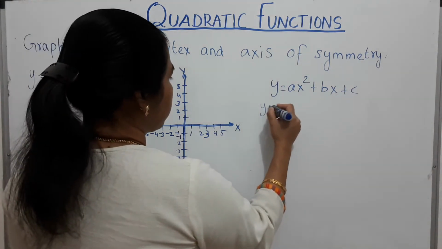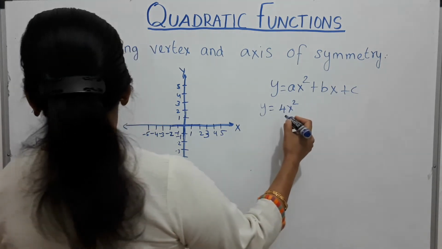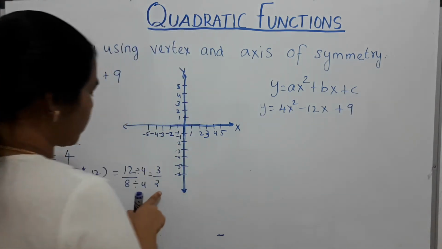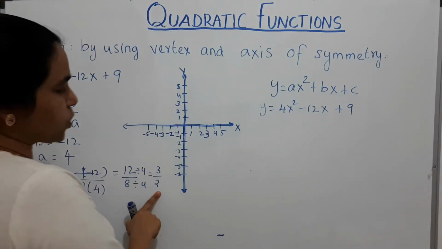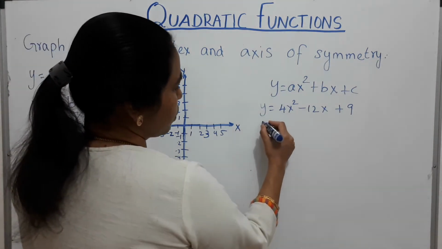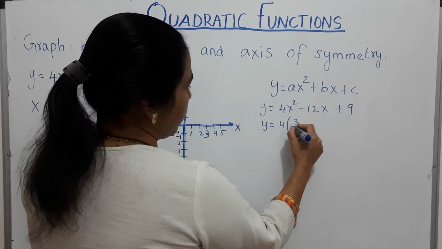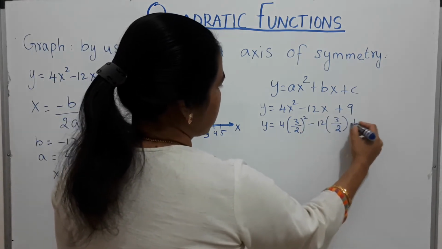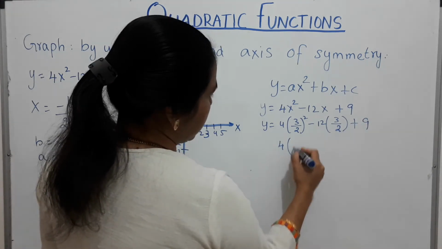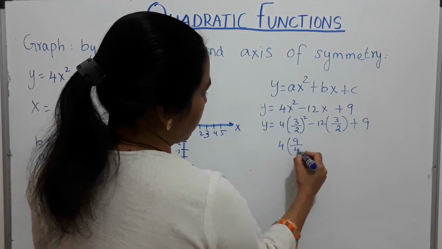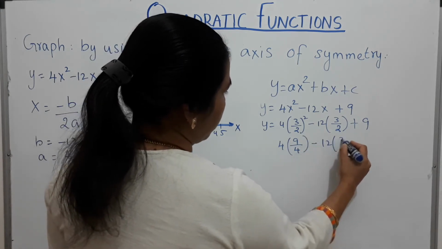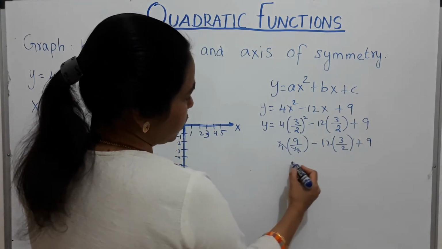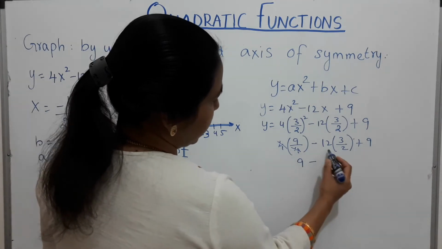So y equals 4x squared minus 12x plus 9. Okay, so the value of x is equal to 3 over 2. Substitute 3 over 2 in the place of x in here. So y equals 4 times 3 over 2 the whole square minus 12 times 3 over 2 plus 9. So 4 times, 3 square is 9 over 4, and then minus 12 times 3 over 2 plus 9. So when you simplify, the 4s get cancelled, so you will get only 9 in here, minus 12